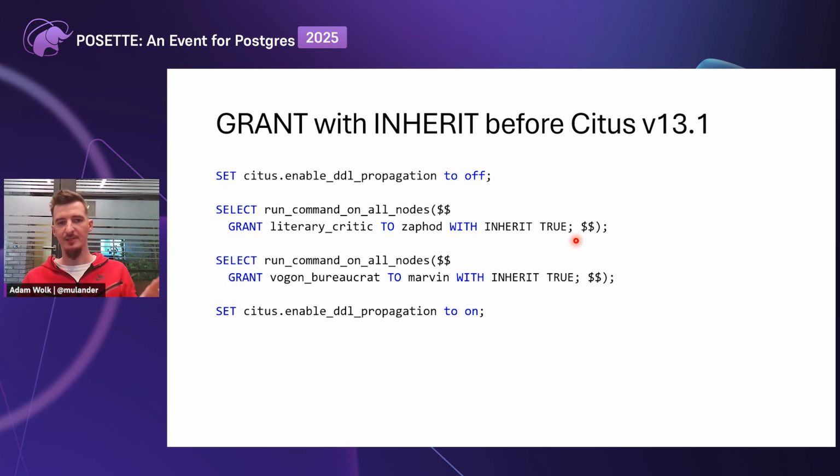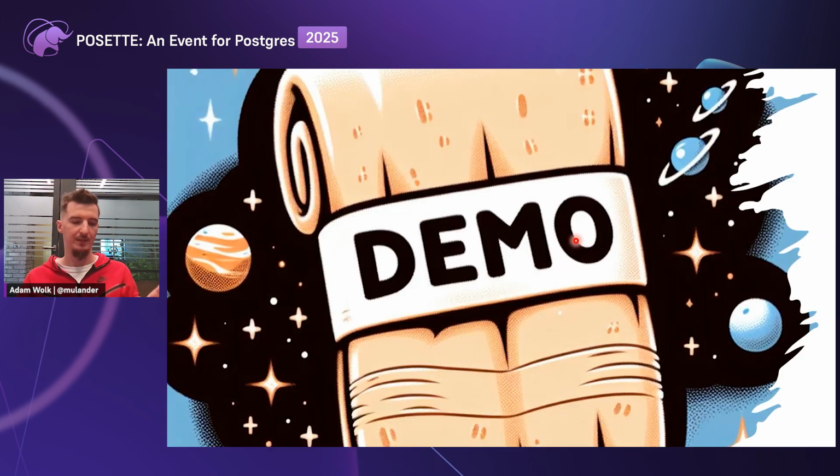Okay, so now that we've got all the theory out of the way, we can actually jump into seeing both things in action. We are going to do the Vogon poetry example, and we will do the row level security setup with the campaigns table for Citus.